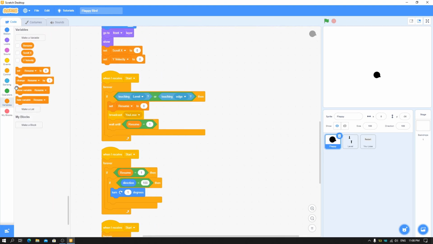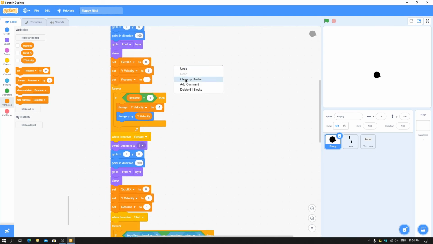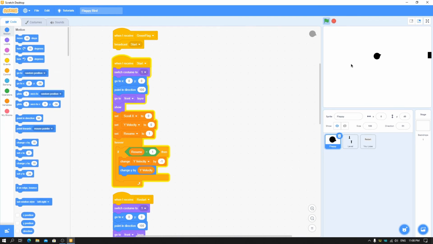And also here set resume to 1, duplicate this and put it here, and here too. So the game is started with resume 1. Here you can see when I play, I am not losing and the game is working. But when I lose, restart, and here you can see the game is restarted. You can just do it infinite times.